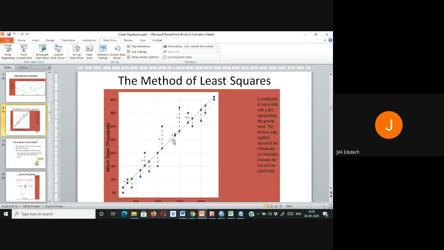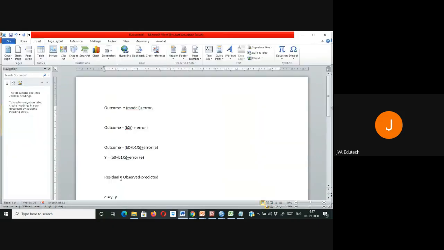And here the total error, the question you have asked about what is the difference between the residual and the error. So let me tell you, when we look at this, I have told that residual is equal to observed minus predicted value. Whereas your total error, the error term I am talking of, will be the